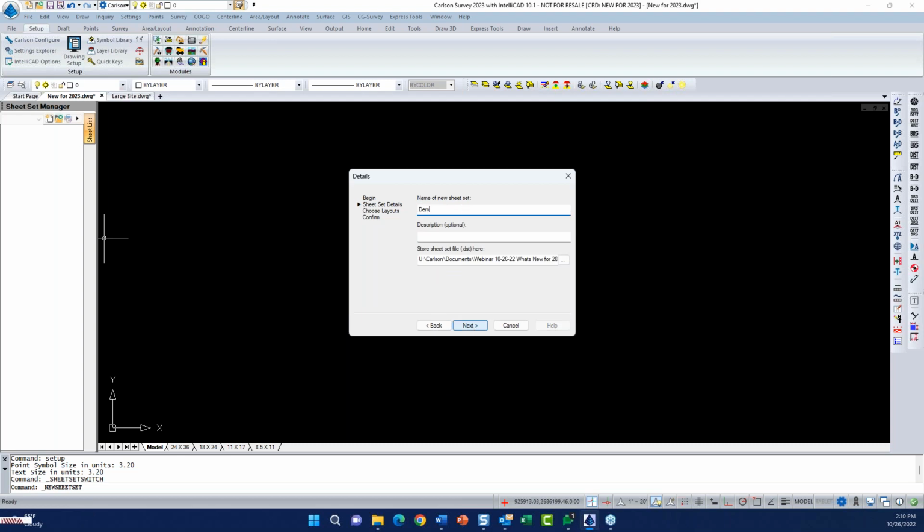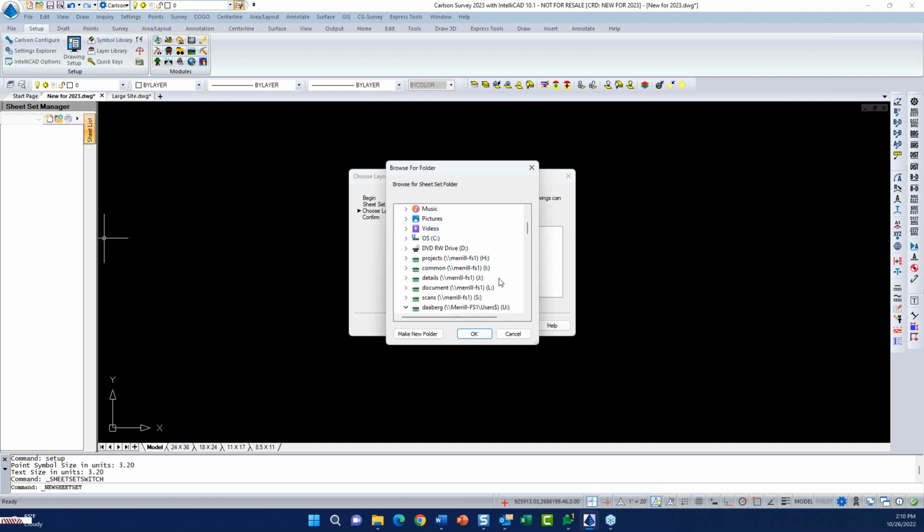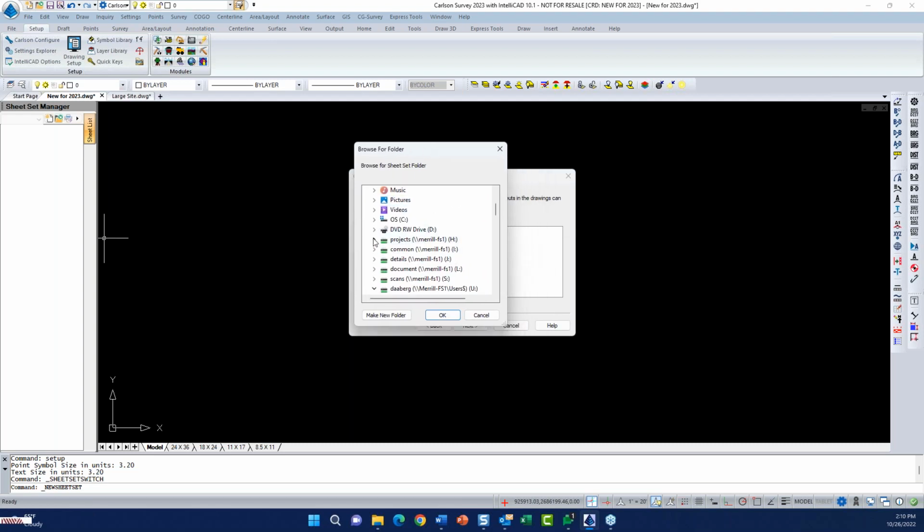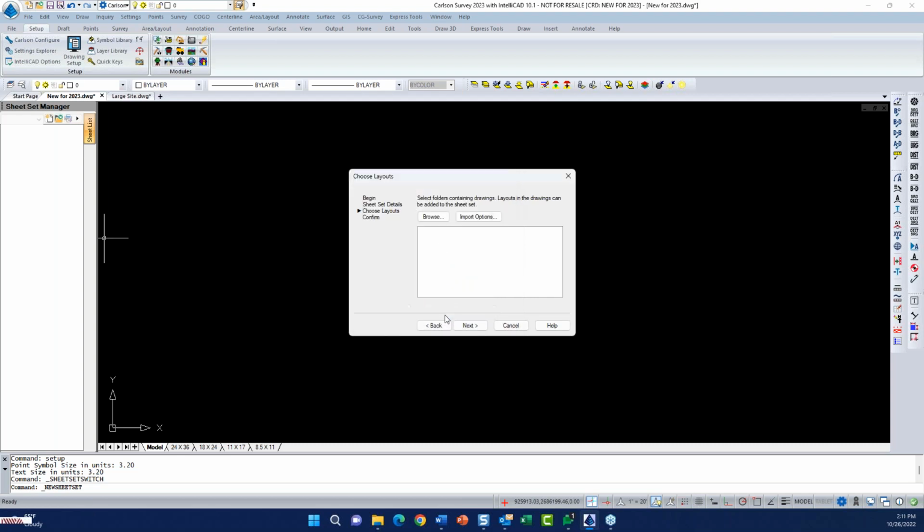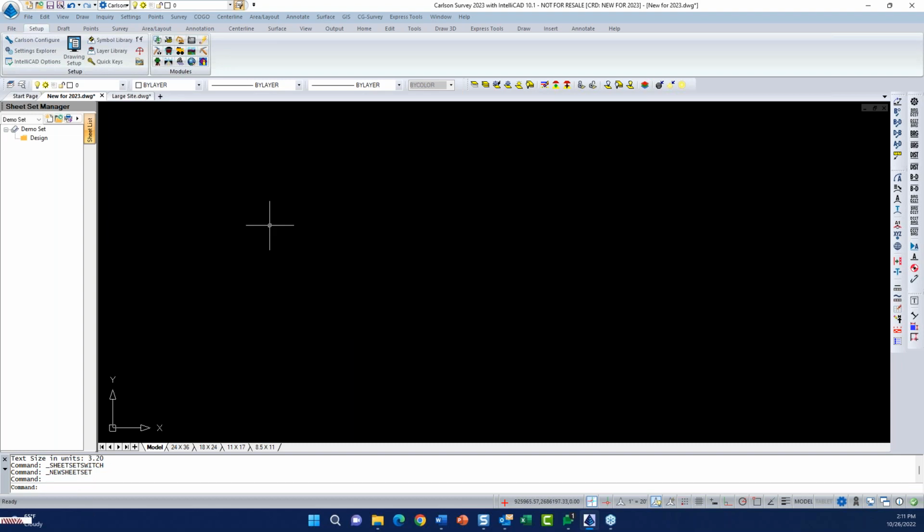And I'm just going to call it demo set. And I'm going to browse. And I'm actually hooked up to a company server here today, so I'm going to steal one of their files. I think I found an interesting looking one here. And you can select an entire folder. And if you do that, it actually reads through and finds the subfolders. And when I hit next and finish that,